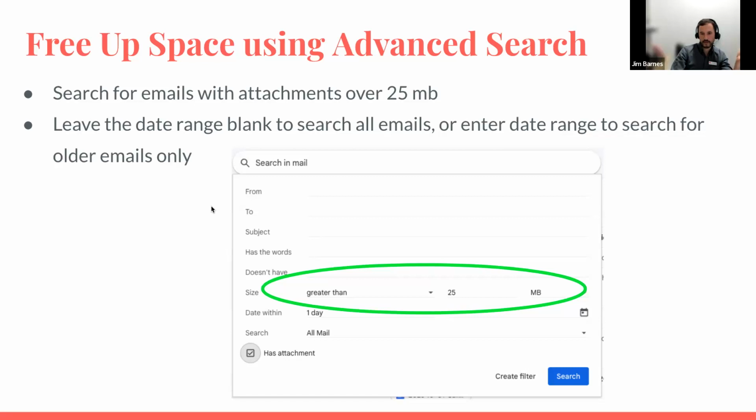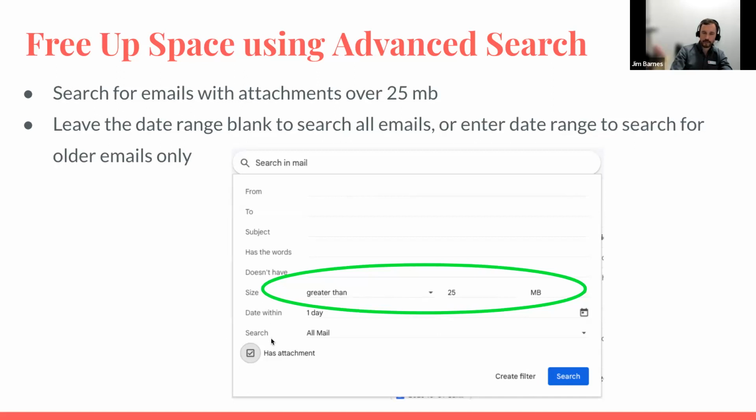So one scenario that I like to do is you can search for emails greater than 10 megabytes or 25 megabytes or 50 megabytes. You could just kind of play around with this and see what this search returns. But let's say that I used to personally send people MP3s a lot, and MP3s, well, they would be about 5 megabytes or so. So I could look for any email that is more than 3 megabytes. And then